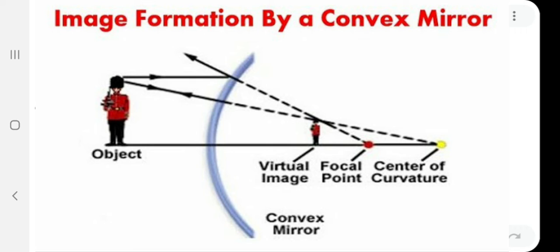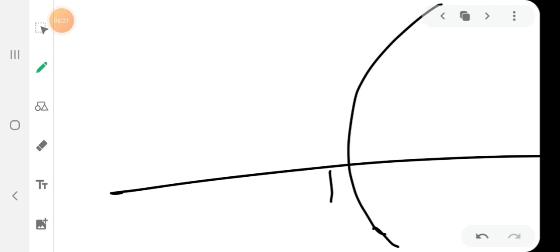So the same thing we have to imagine. Suppose this is a convex mirror somewhere. This is the principal axis, the pole and the center of curvature itself. So now using rule 1, what are we told, that the object is somewhere here between the pole and infinity. So let us imagine that here's the object. Okay, this is the object itself, just imagine.